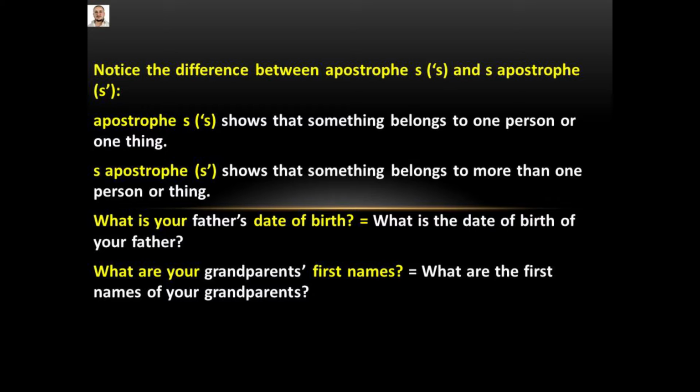Notice the difference between apostrophe S and S apostrophe. Apostrophe S shows that something belongs to one person or one thing. That means it's used with singular nouns. S apostrophe shows that something belongs to more than one person or thing, which means it's used with the plural